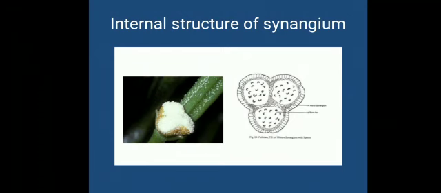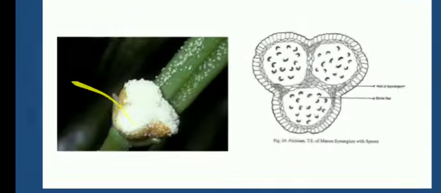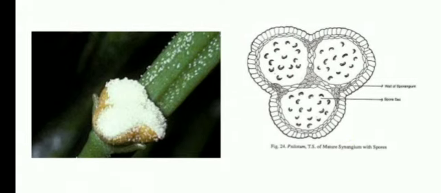Each lobe contains a spore sac. You can see here 3 lobes, and you can also see in each lobe there is a line of dehiscence, which is weak celled. In each sporangium there is a spore sac in which numerous spores are present. Psilotum is homosporous, that is, it produces only one type of spores, which are bean shaped in nature.